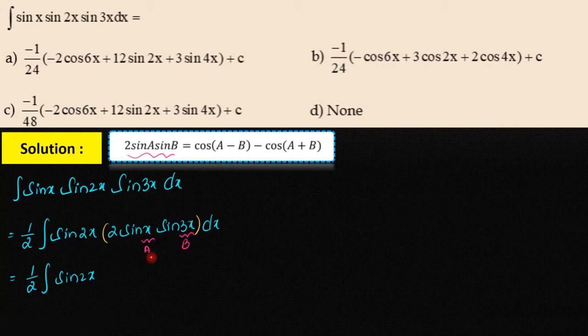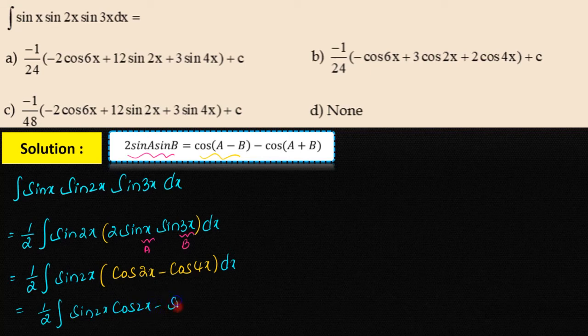Now applying this formula here, cos of a minus b, that is cos of x minus 3x is minus 2x, cos of minus theta is cos theta, so here cos 2x minus cos of a plus b, that is cos of x plus 3x, that is 4x into dx, that equals to 1 by 2 into integral, here multiplying this term for this, sin 2x into cos 2x minus sin 2x into cos 4x